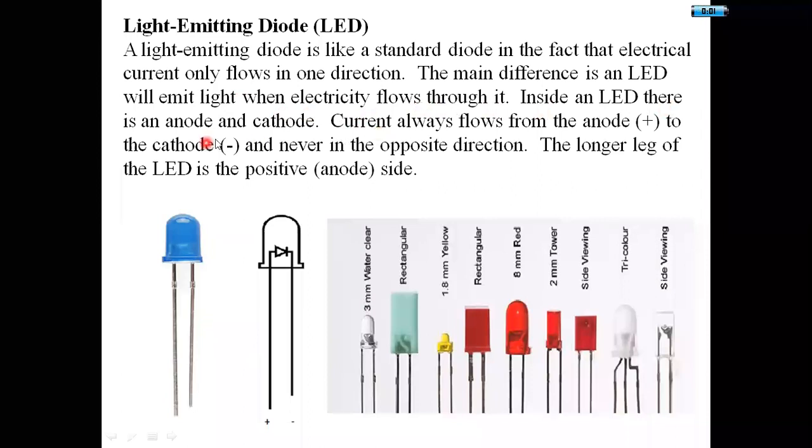Inside an LED, there is an anode and a cathode terminal. The long terminal is the positive and the short terminal is the negative. The negative terminal can be identified by a flag shape provided here, which we can call negative. Whether it is positive or negative can be easily identified. If both the terminals are cut at equal size, we need to identify this flag shape terminal, and we can find out whether it is positive or negative.